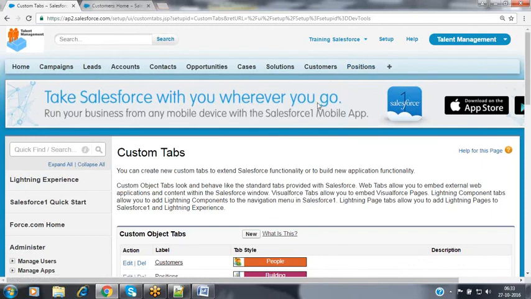So for each and every object, we can have a separate tab also here. By using this tab, we can get graphical user interfaces with which we can manage the records available inside that object. It may be creating a new record, or modifying the existing records, or deleting the existing records, or restoring the deleted records, or viewing the records. Everything, we can perform all the operations with the help of these tabs. So now let me show you this option over here.